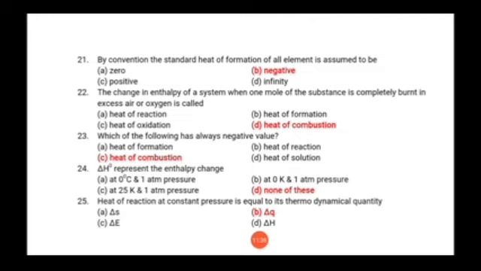Now we know that delta H0 represents enthalpy change at not any fixed value. It is not like STP, where the standard temperature and pressure is there. Enthalpy change or standard enthalpy change is different for different reactions, so you cannot fix the value. So the correct answer of this question is option number D, none of this.